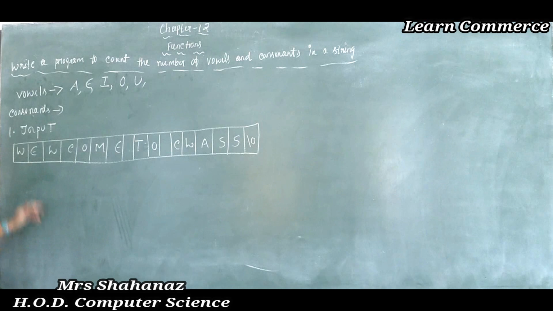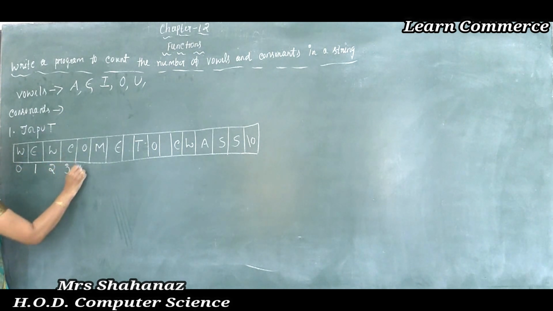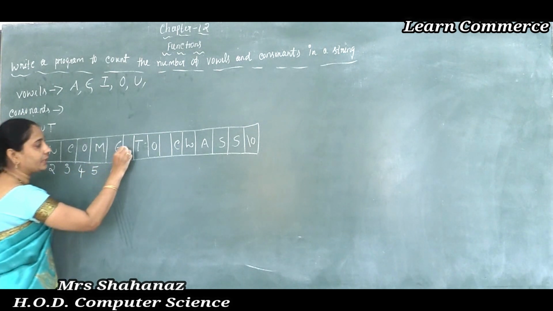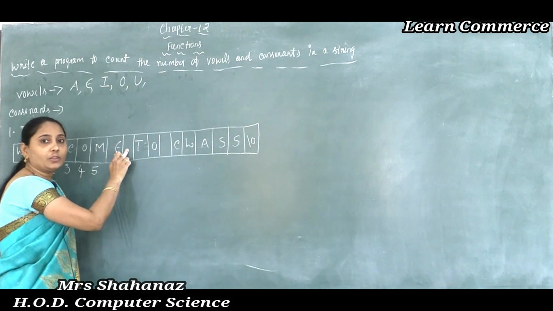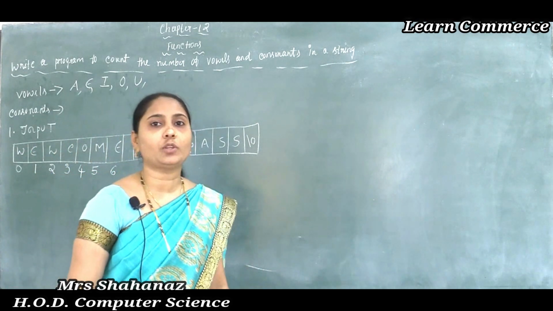And as we know, strings are stored using a one dimensional array. So what is a one dimensional array? It is an array in which each position is accessed by using only one subscript, correct? Now, if I want to access the letter W, I use the position value 0. For the letter E, the position value 1, and then 2. Clear this one? 3, 4 and 5 here, 6, and later, in this program also I need to find out the length of the string.